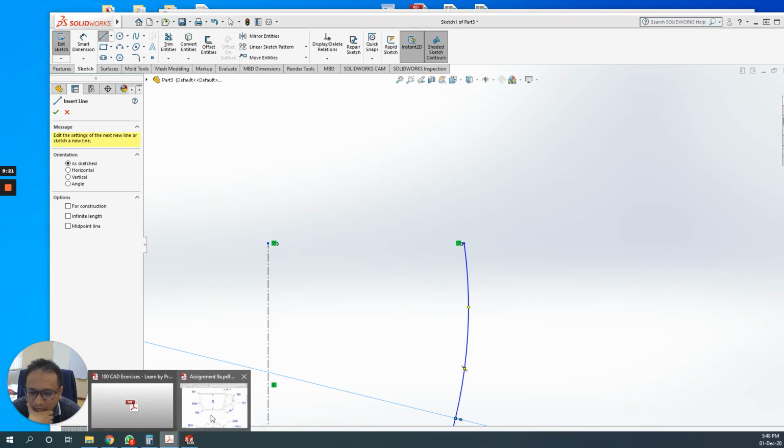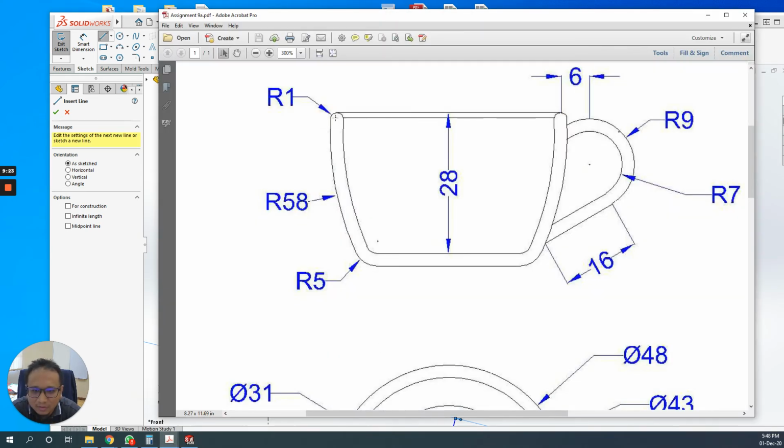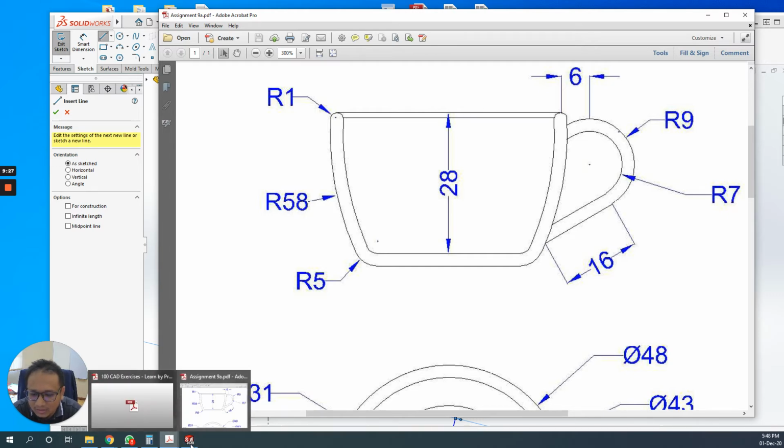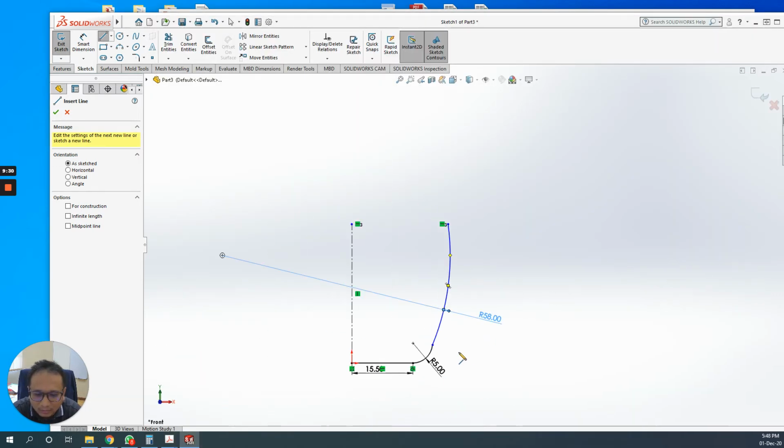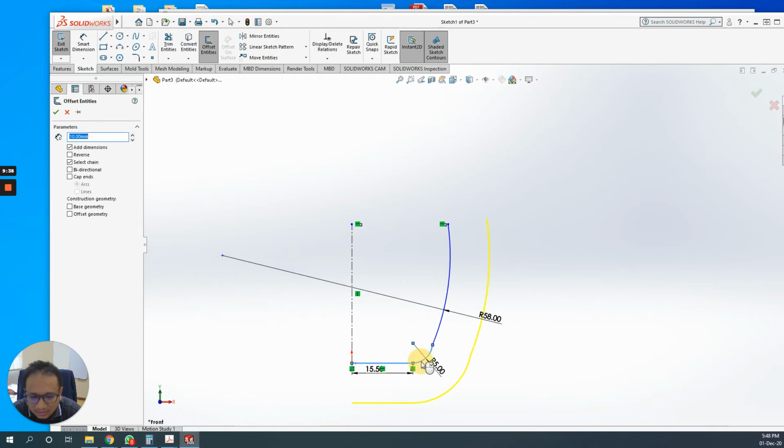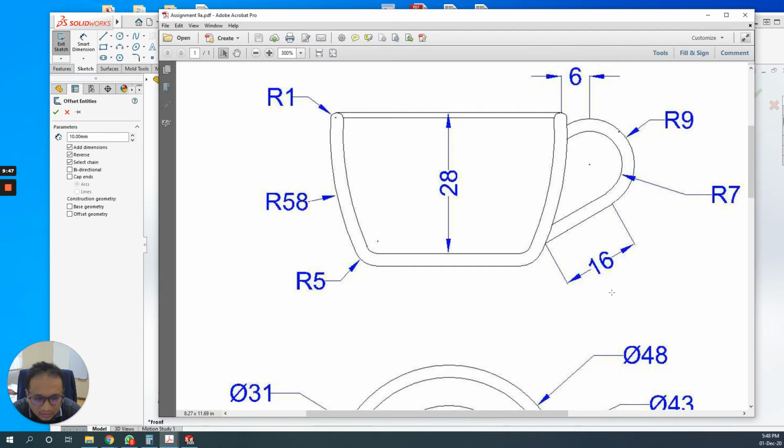Okay, now you can do this by yourself, but I'm just going to show you the features of this revolve and what I meant by revolve. Before we do that, let me just make another offset of this, and this, but this one into reverse with an offset of, say you have here about